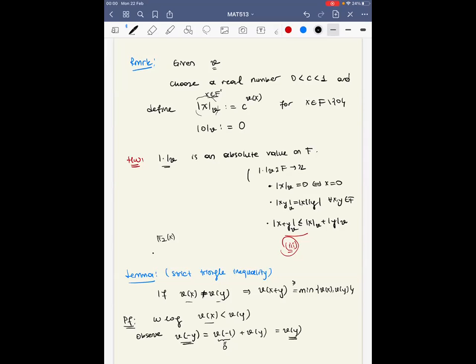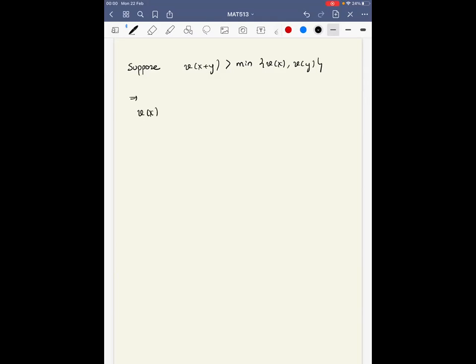And towards a contradiction, let me suppose that here we have strict inequality, that is, suppose that v of x plus 1 is strictly bigger than minimum of v of x and v of y, then by rewriting x as x plus y minus y and applying the third property to this element,